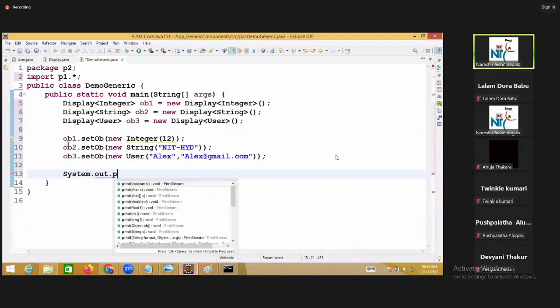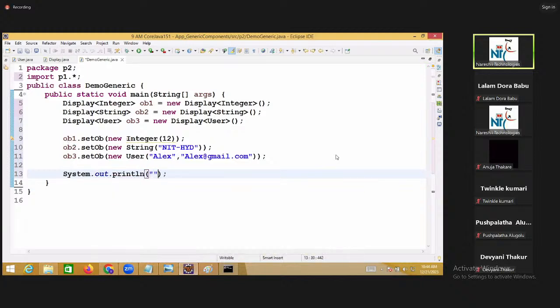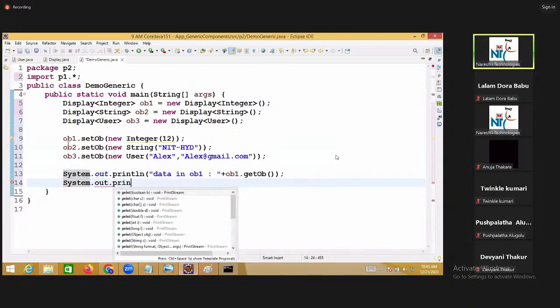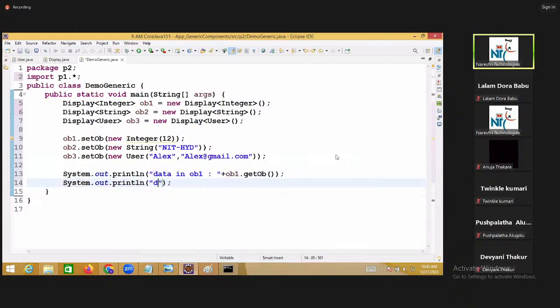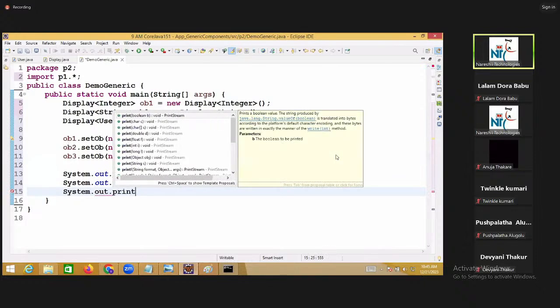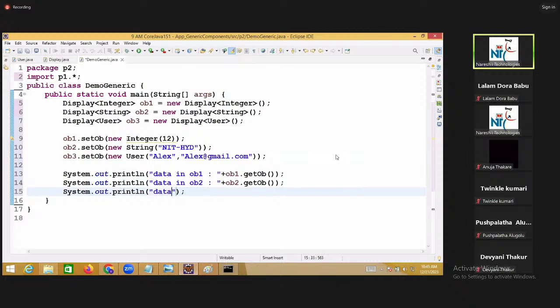System.out.println. So first object, data in ob1, ob1.getObject. System.out.println, data in ob2, ob2.getObject. Now System.out.println, here data in ob3.